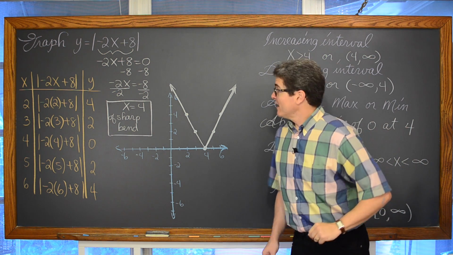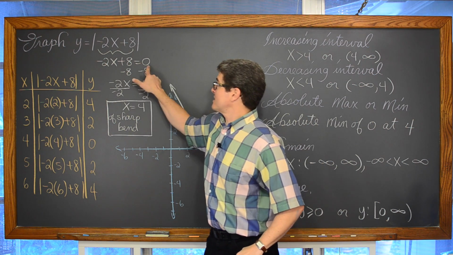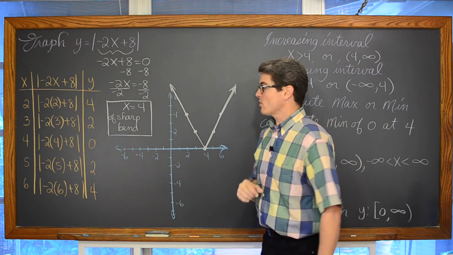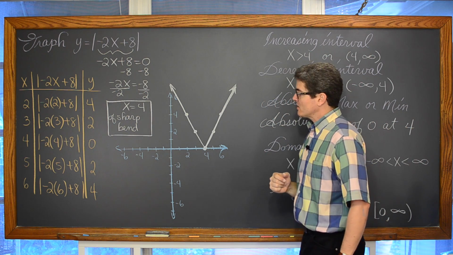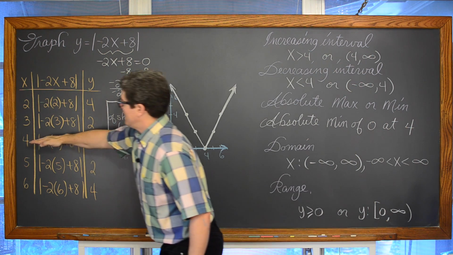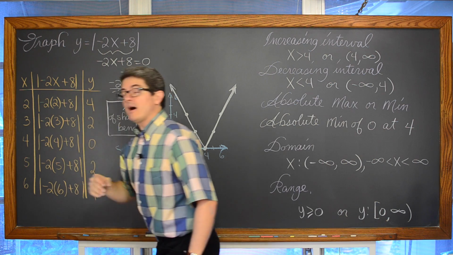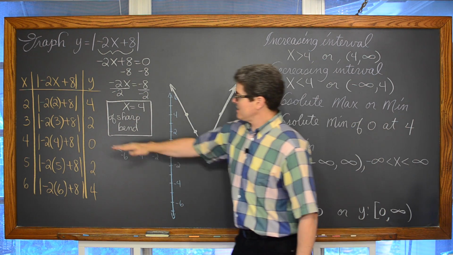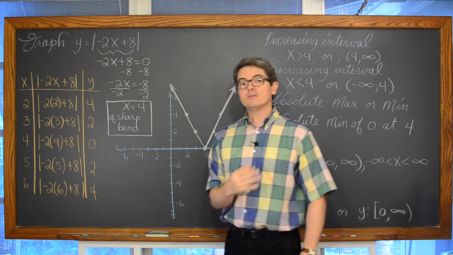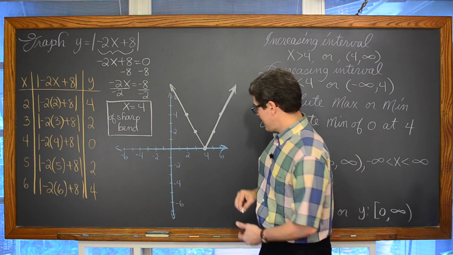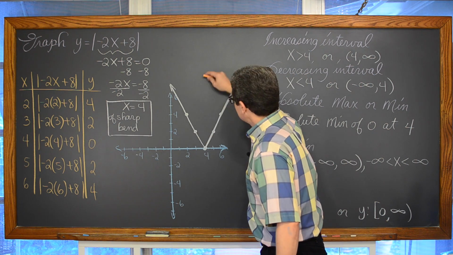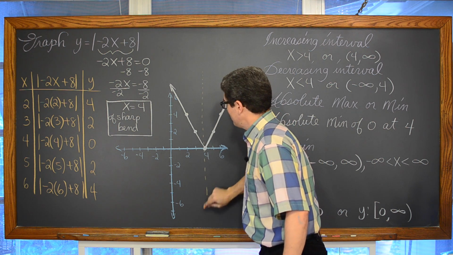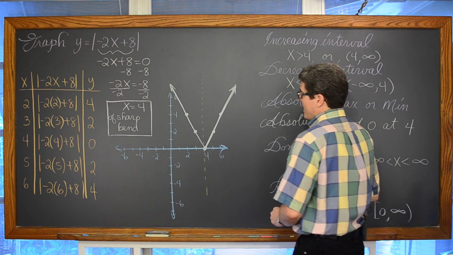I hope you got that right. We took the inside expression, set it equal to 0, and worked out this two-step equation to find the x-coordinate where the sharp bend occurs, which is 4. Then I moved a little bit lower and a little bit higher on my list of x-coordinates, counting evenly, so that I can see these matching y values show up and check my work with that property that all linear absolute value functions have, which is symmetry.